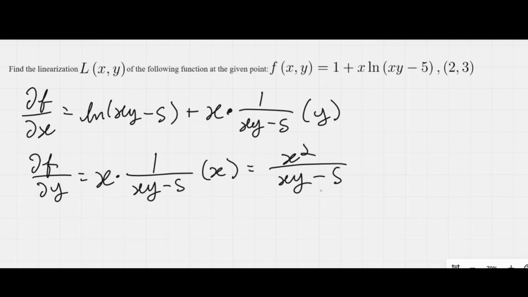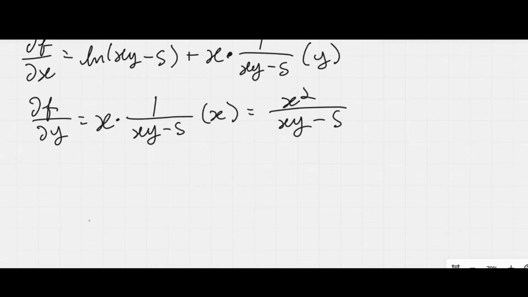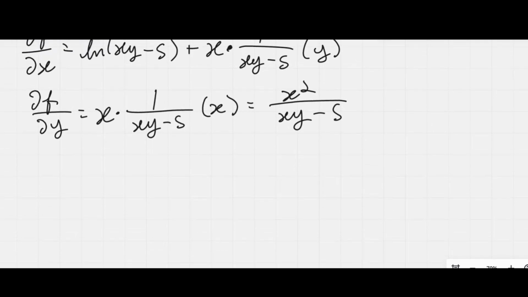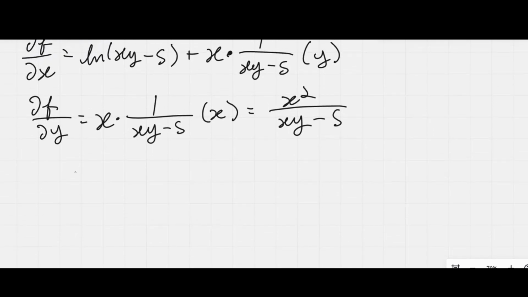Okay, so we have these two partial derivatives in front of us. Now we have to calculate their values at that specific point (2, 3). So let me go down here just for a second to give us more space. So our point here is (2, 3). And so using the partial derivative of f with respect to x, we know that the partial derivative at the given point (2, 3) is essentially going to be ln